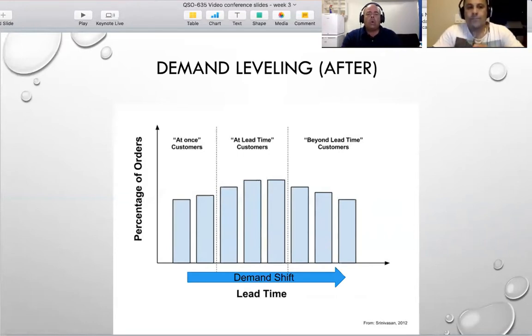So your goal with rebating strategies is to encourage demand, but rebate strategies can also be used to shift your demand, like I just said, like Amazon does. They give you a discount if you're willing to wait a little while. And that's one advantage of online retailers. They have that flexibility